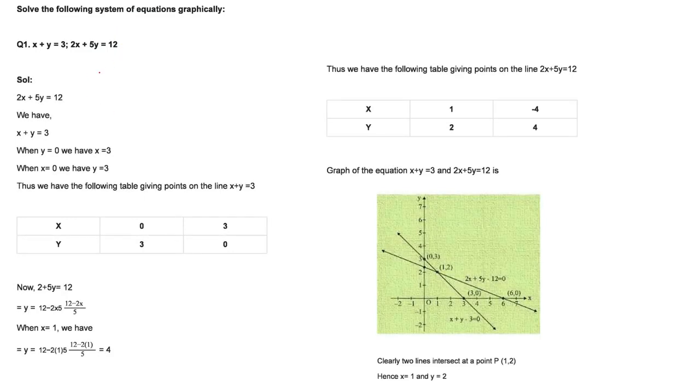What we do here is that we will make a line, because this is a line. This is of the form ax plus by plus c equal to 0, or sometimes you can say y equal to mx plus c. So these are the equations of a line, and these two equations are actually representing lines. So once you make the lines, they are going to intersect. There are three conditions: they are going to intersect, they are going to be parallel, or they are going to be the same, that is they are coincident.